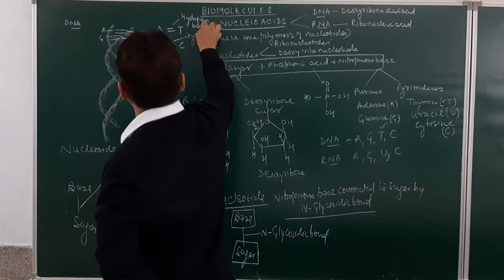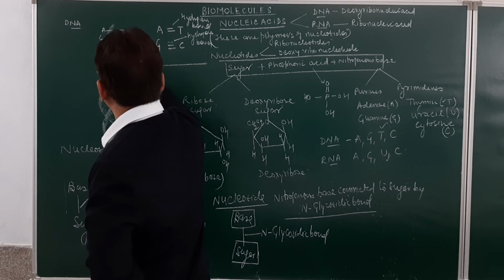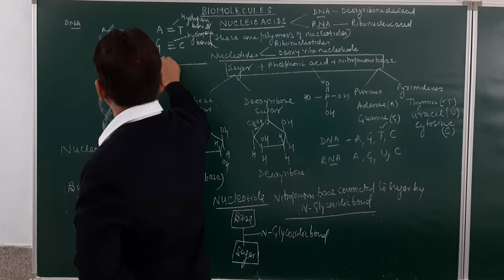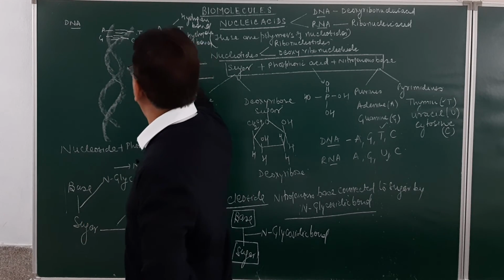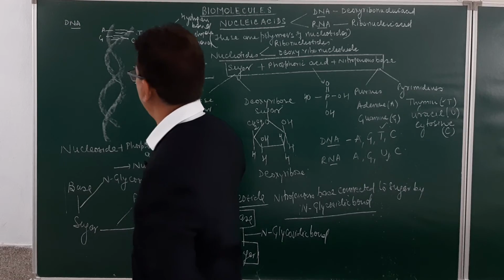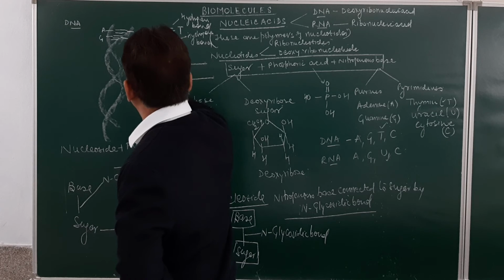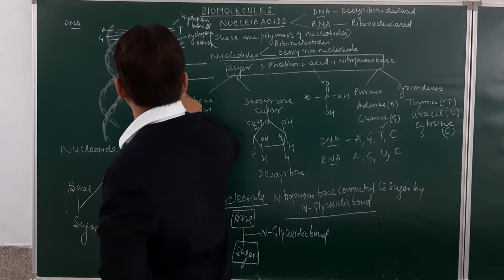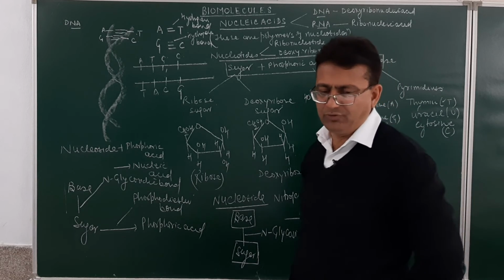So in the board, what type of questions are asked? Suppose in one strand of DNA, the base pairs are A, T, G and C. What will be the complementary strand of this? For A we have T, for T we have A, for G we have C and for C we have G. So this will be a complementary strand of this. Adenine will always be equal to thymine. So A will be equal to T, T will be equal to A, G will be equal to C and C will be equal to G. Is it clear? So this is how the complementary strands are made over here.